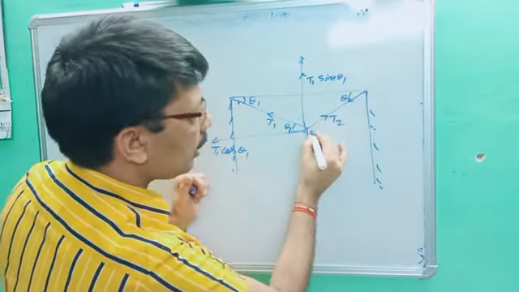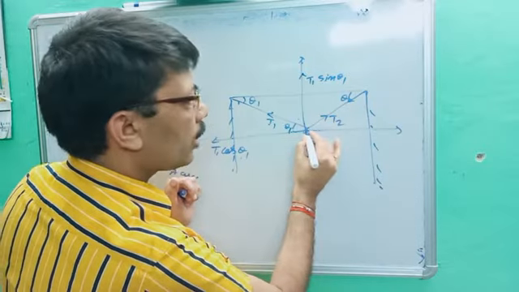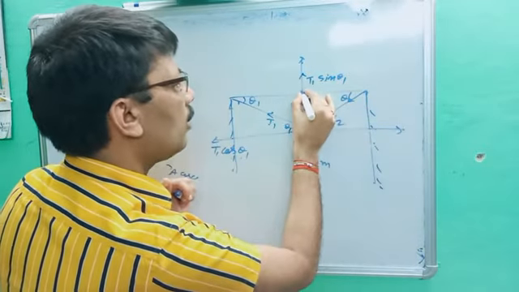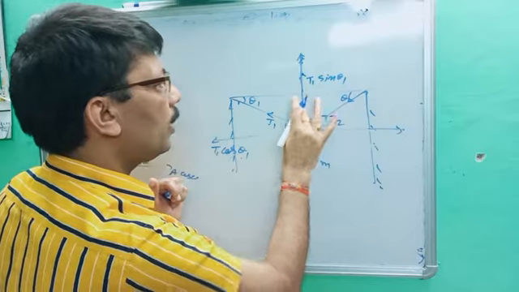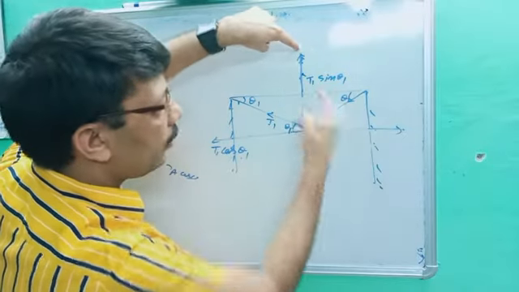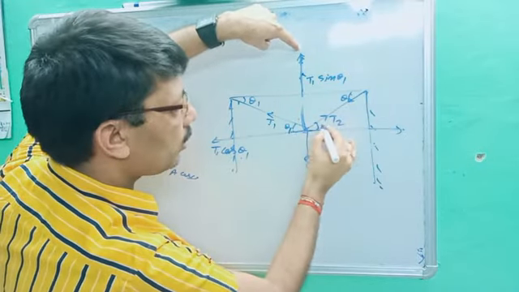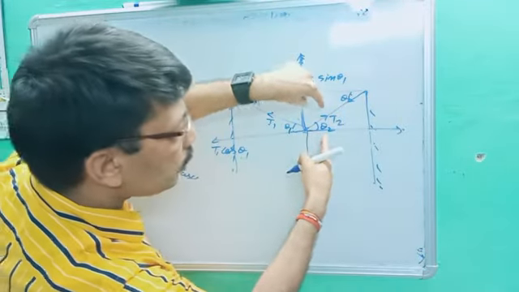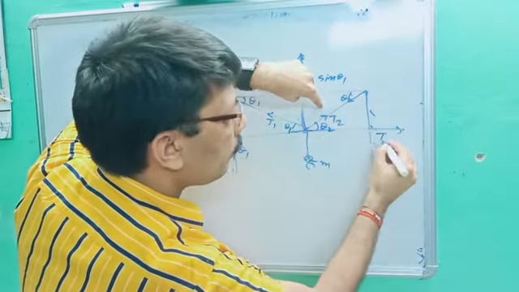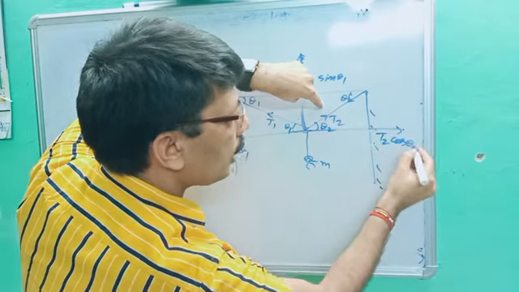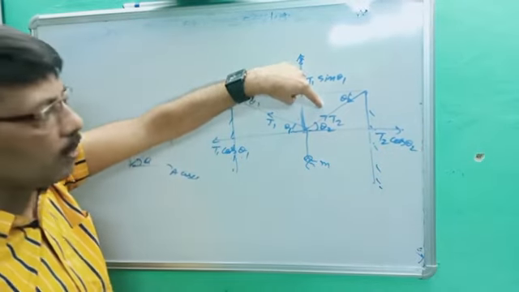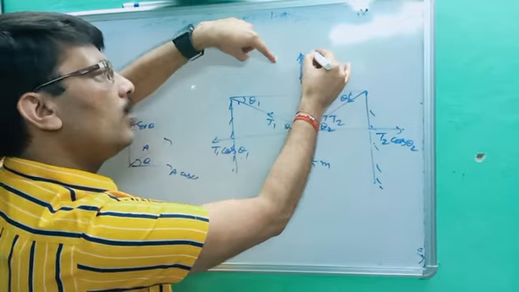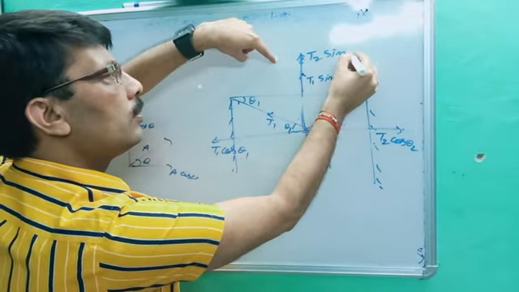Again T2, see there, T2 again in two components. One component is called the x component, and this will be called the y component. This angle is theta 2, no doubt, this angle will be theta 2, alternate angle. So T2 is there, this is the base, so it becomes T2 cos theta 2. Very easy. T2 cos theta 2, and in the same way you will get T2 sin theta 2.